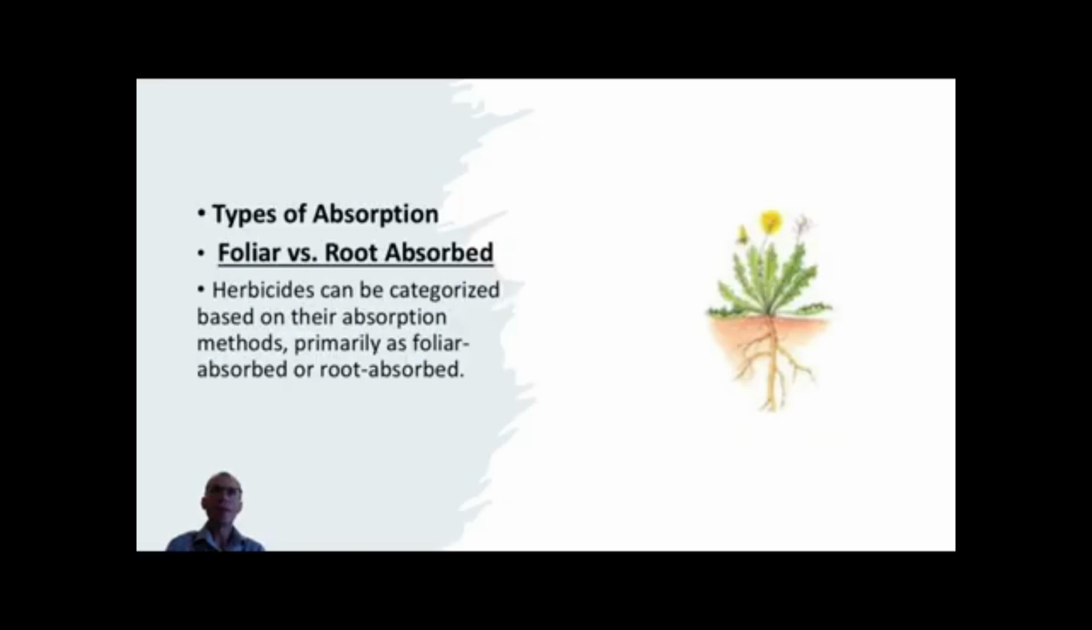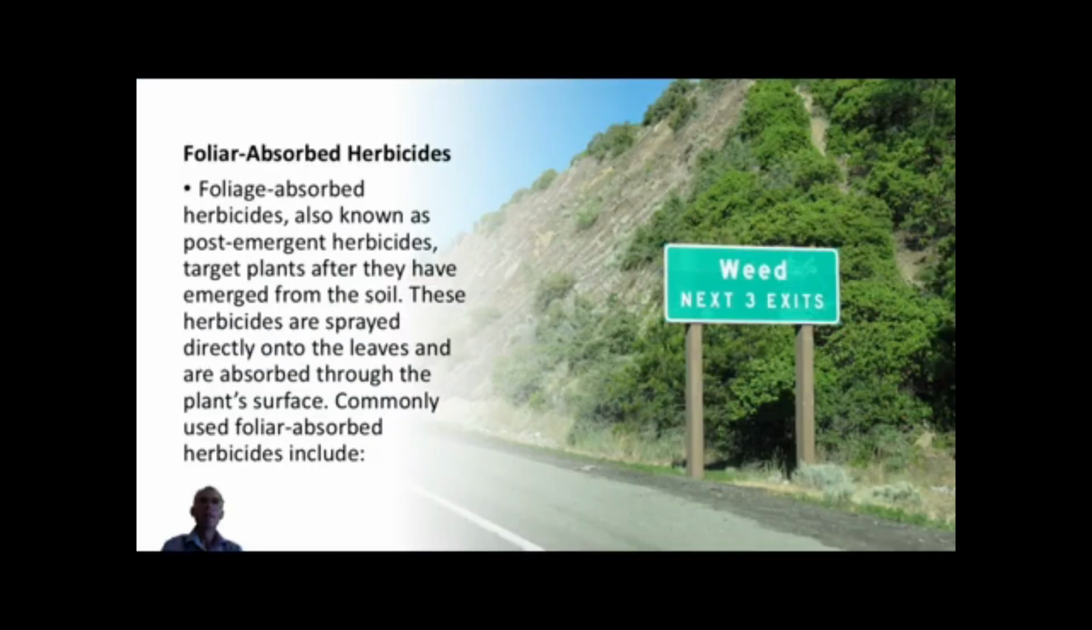Types of absorption: foliar versus root absorbed. Herbicides can be categorized based on their absorption methods, primarily as foliar absorbed or root absorbed. Foliar absorbed herbicides. Foliage absorbed herbicides, also known as post-emergent herbicides, target plants after they have emerged from the soil. These herbicides are sprayed directly onto leaves and absorbed through the plant surface. Commonly used foliar absorbed herbicides include